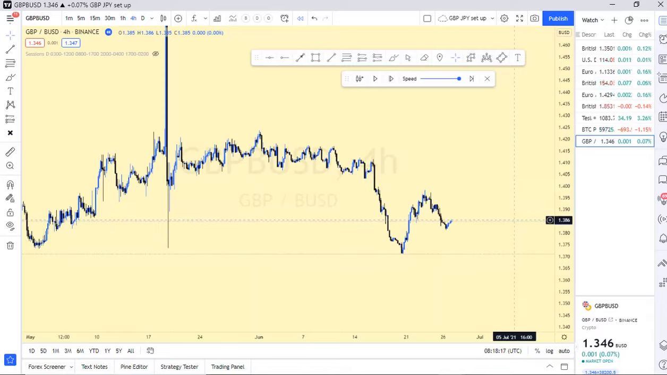Today we're going straight to GBP USD. We're going to analyze the market. I'm going to teach you how to analyze the market and how to spot out your trades using support and resistance. We are here in the GBP USD because I've been getting a lot of requests from